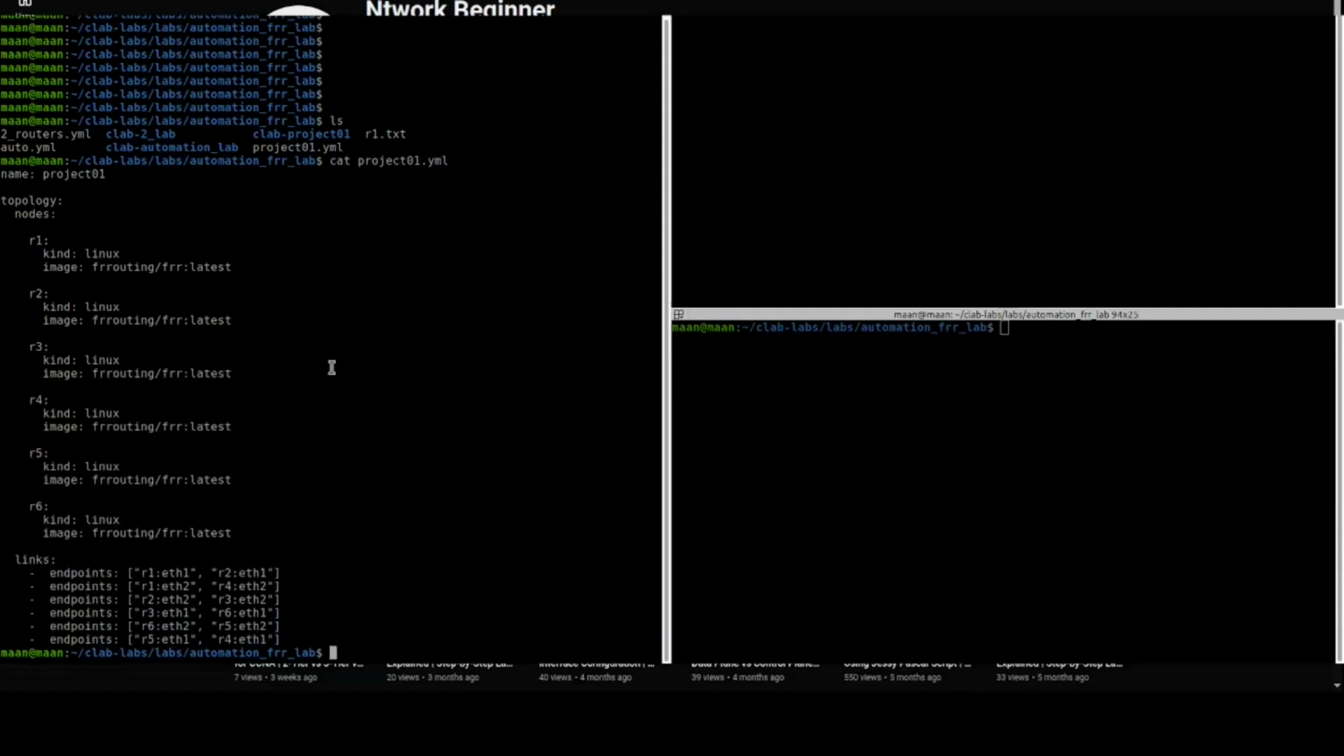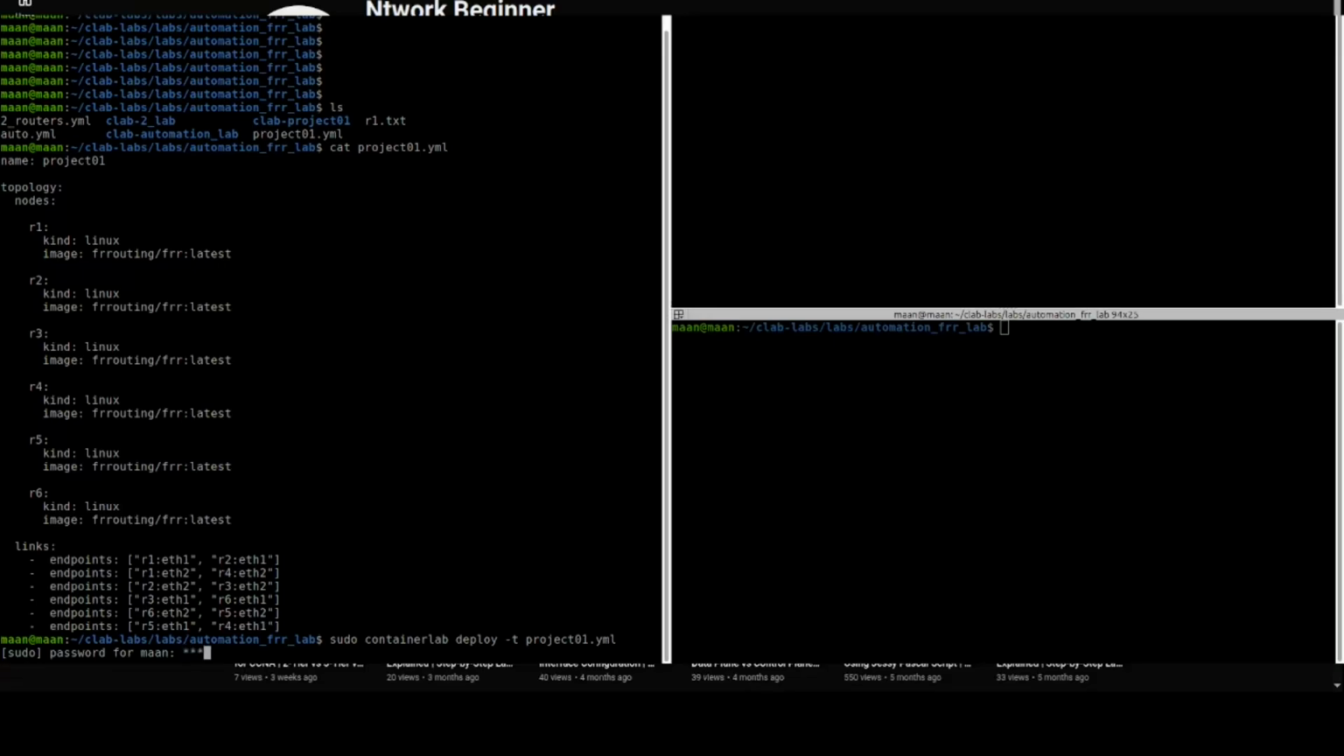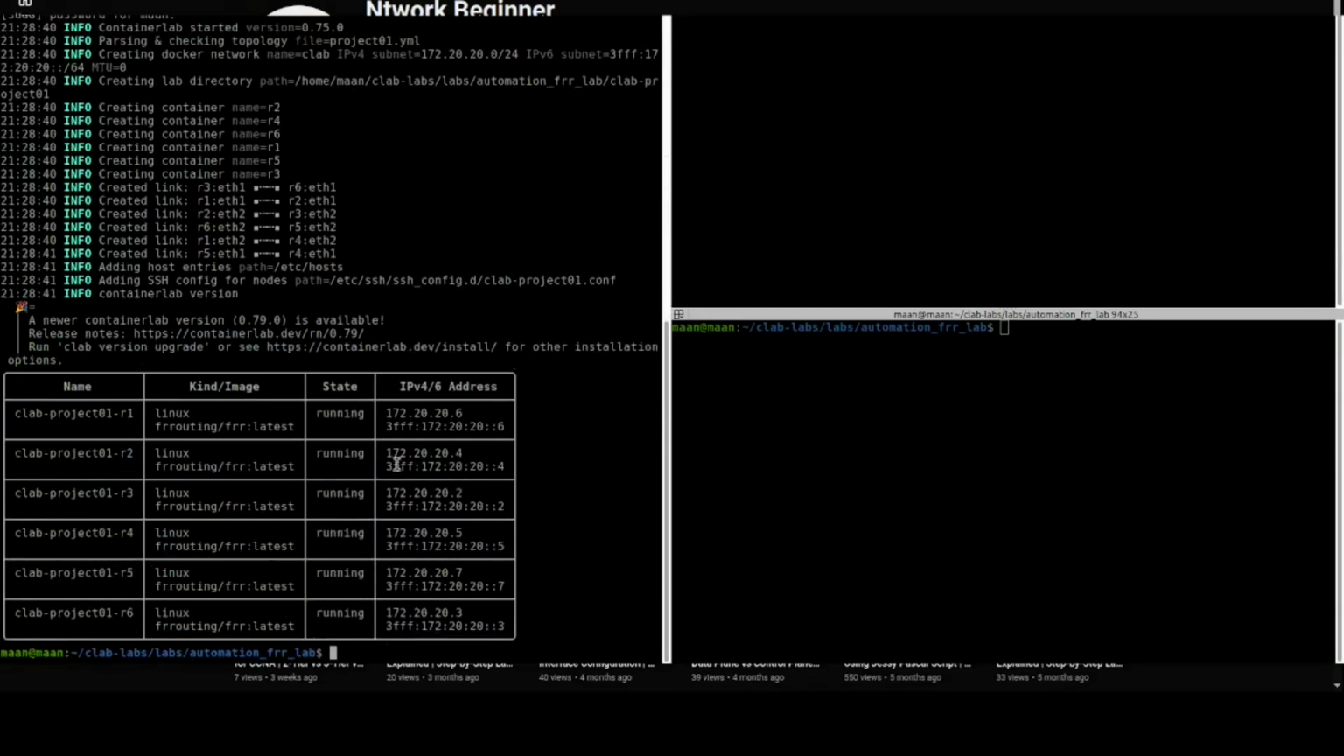So let's start. Sudo containerlab deploy -t and the project. Now as you can check,